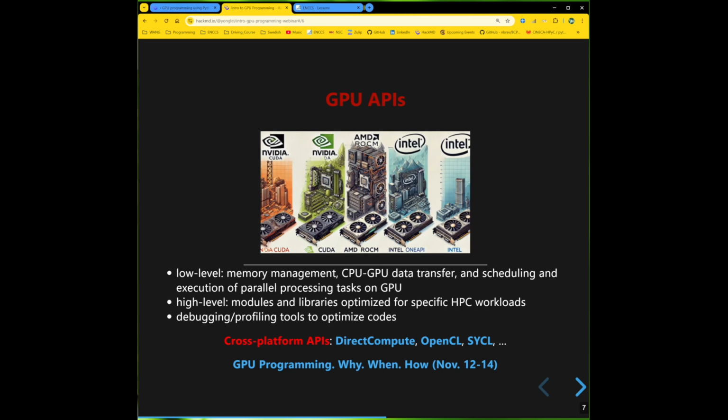As mentioned, these APIs are platform dependent, which means that CUDA only works for NVIDIA GPUs, ROCm for AMD GPUs, and oneAPI for Intel GPUs. Besides these platform dependent APIs, there are also cross-platform APIs, for example, DirectCompute, OpenCL, SYCL, and